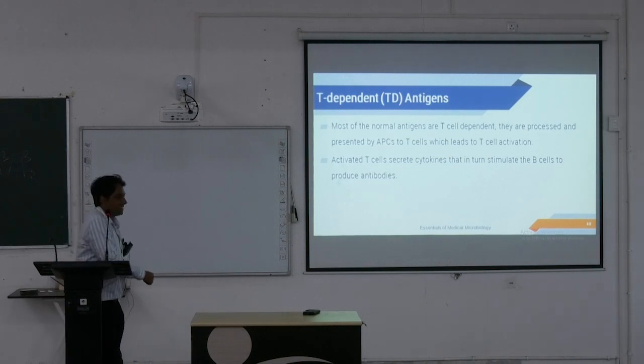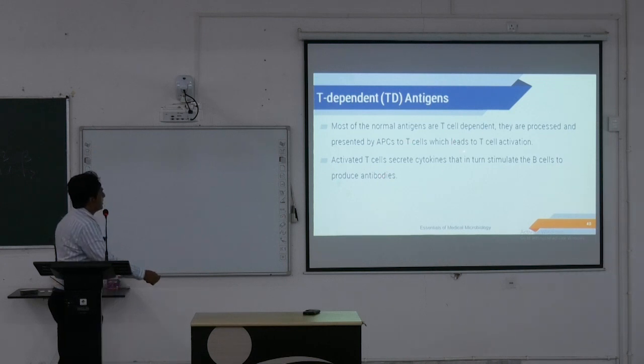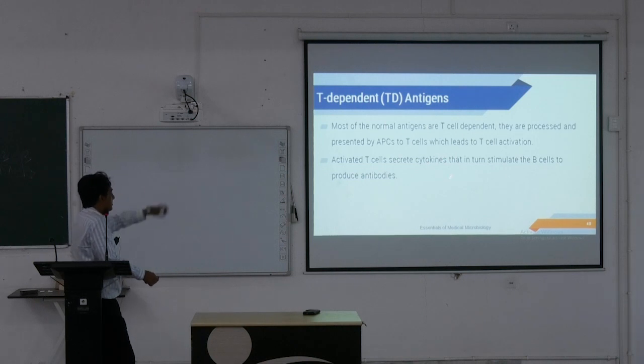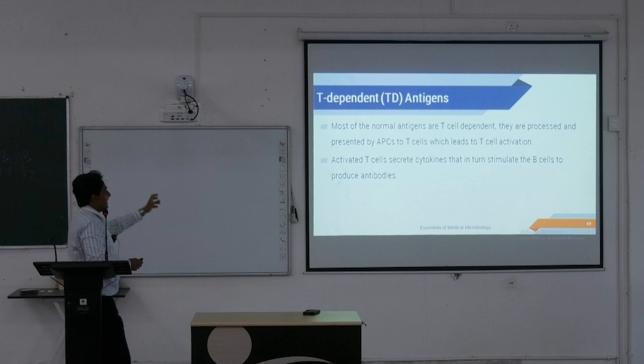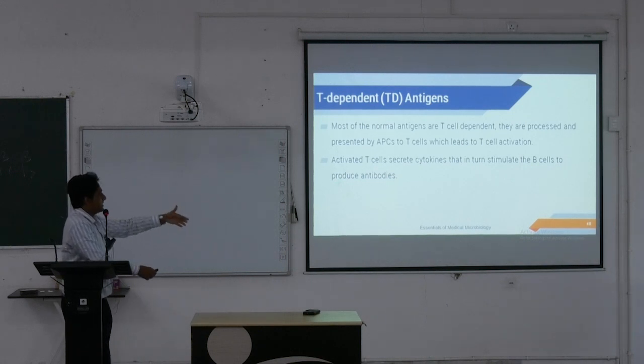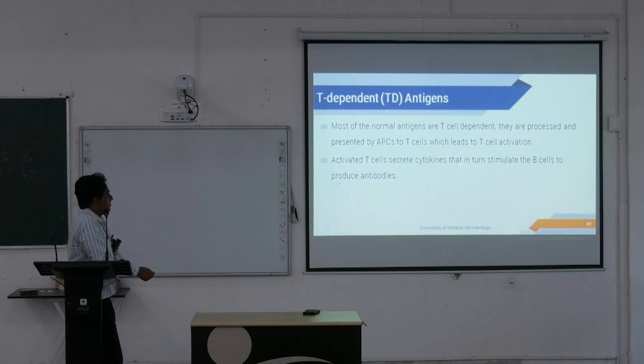টি সেল ডিপেন্ডেন্ট অ্যান্টিজেন সেটা কি? মোস্ট অফ দ্য নর্মাল অ্যান্টিজেন্স আর টি সেল ডিপেন্ডেন্ট। They are processed and presented by antigen presenting cells to the T cells, which leads to T cell activation. বেশিরভাগ অ্যান্টিজেন টি সেলের উপর ডিপেন্ডেন্ট, তারা অ্যান্টিজেন প্রেজেন্টিং সেলস নিয়ে টি সেলের কাছে যাচ্ছে, টি সেল অ্যাক্টিভেশন হচ্ছে। অ্যাক্টিভেটেড টি সেলগুলো সাইটোকাইন সিক্রেট করছে, উইচ স্টিমুলেট বি সেলস টু প্রডিউস অ্যান্টিবডিজ।